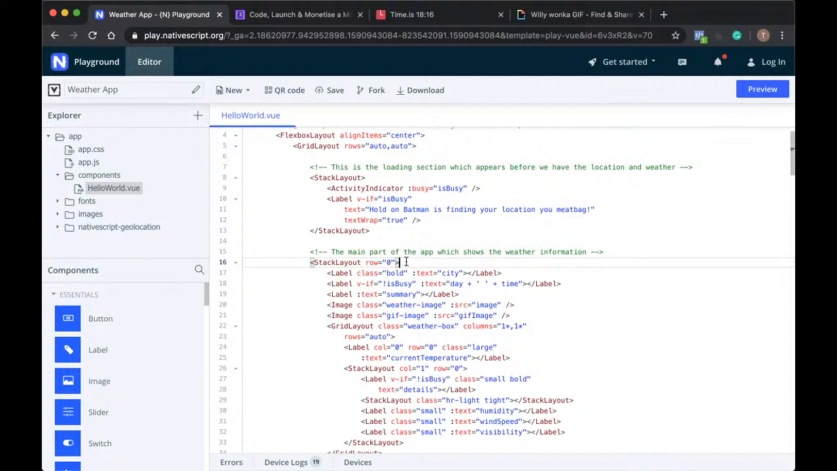So let's have a look why that's happening. We've got an isBusy here, and we've got an isBusy here. So this label should only display if it's not loading anymore. Right, what I'm going to do is, to make this simpler,